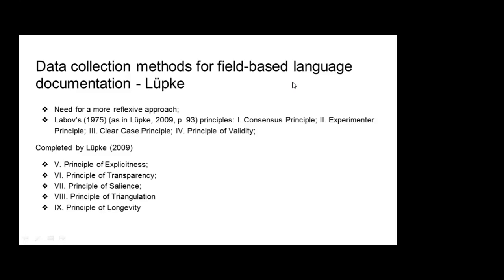So LING473 in his article provides examples of previous scholars who were also talking about language documentation. For example, one of the most important arguments and examples he was relying on was Labov's principles, Labov's 4 mostly cited principles from 1975. So the first one is the consensus principle, and in short, it is judgments of one speaker can be characteristic of all speakers. So this is what the consensus principle is all about.